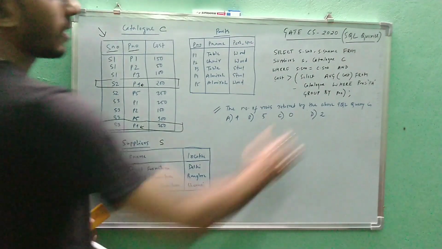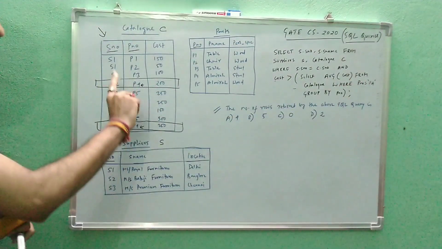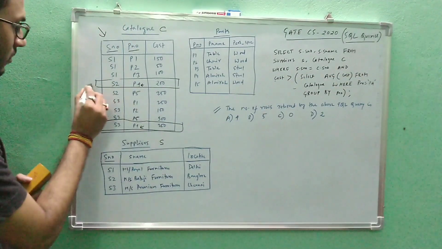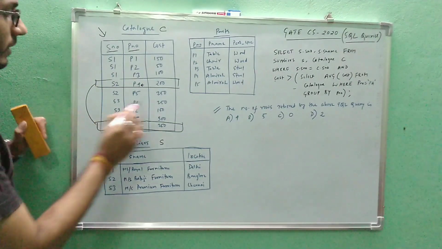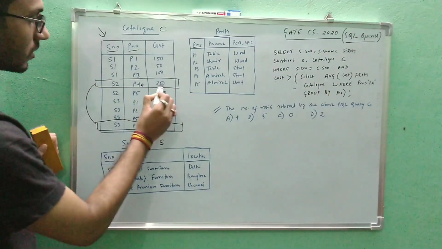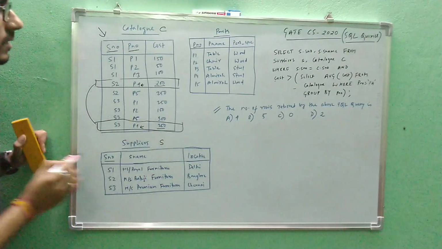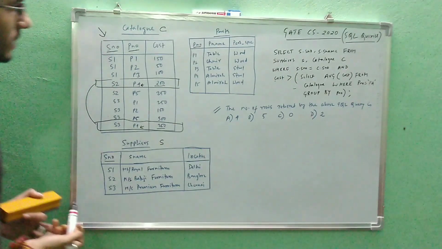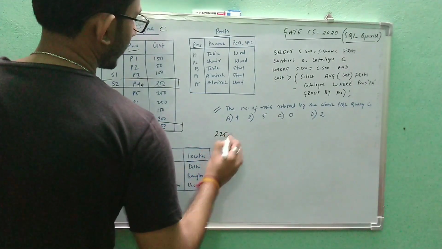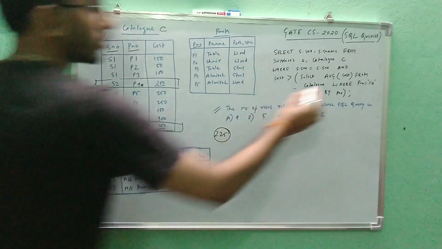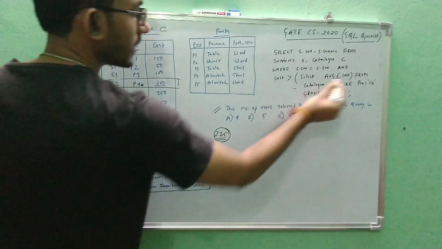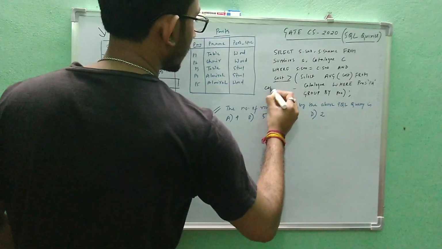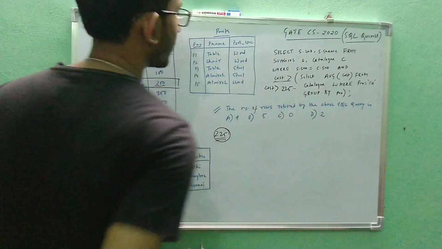Okay. So now group by P4. So we'll group using P4. And what do we want? Average cost. It means simply if we group by these two, these two rows will be grouped and we'll take the average cost. So what is the average cost? 200, 250. So it's 450. So 450 is the summation. 450 by 2 is 225. So this 225 will be replaced instead of this query. So we can say that where cost is greater than 225. Fine.